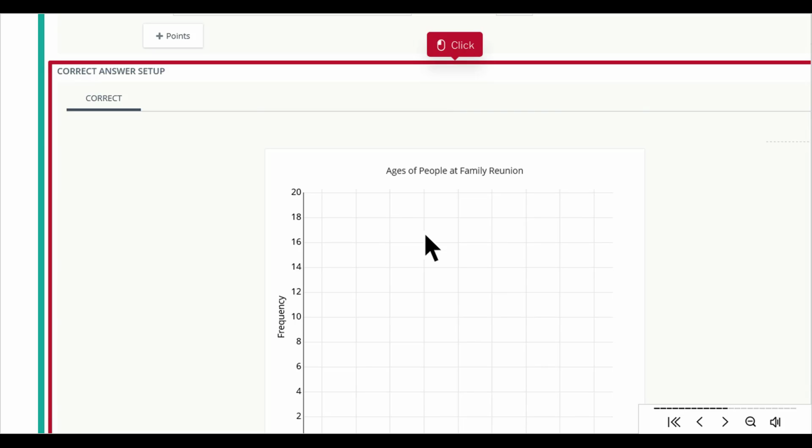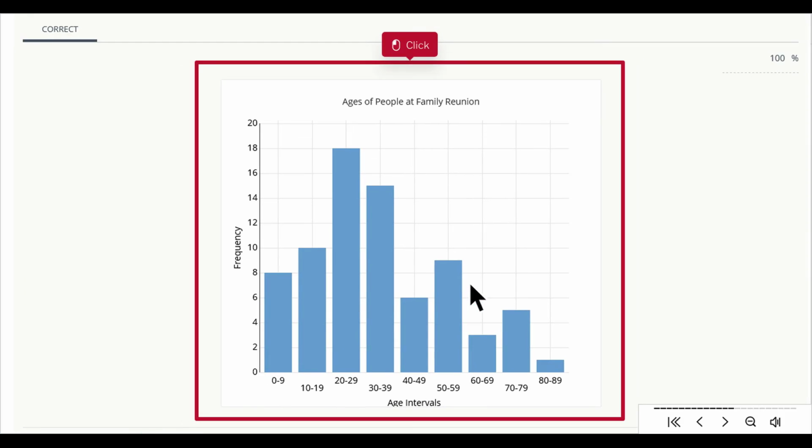Scroll down to the correct answer setup area. Notice that each bar starts at 0 as the initial value. We had set the 0 value in a previous step. Now you can click and drag each point to its correct value. Now you can see a sample of what the finished chart looks like after clicking and dragging each point to